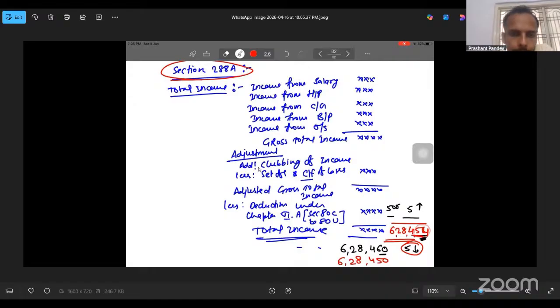Okay. So if somebody has a loss of 2 lakh rupees in the previous year and income of 3 lakh rupees this year, he will not have to pay income tax on the full 3 lakh rupees, because in the previous year he had a loss of 2 lakh rupees, and he can neutralize that. So 3 lakh rupees income this year and 2 lakh rupees loss last year. So total income would